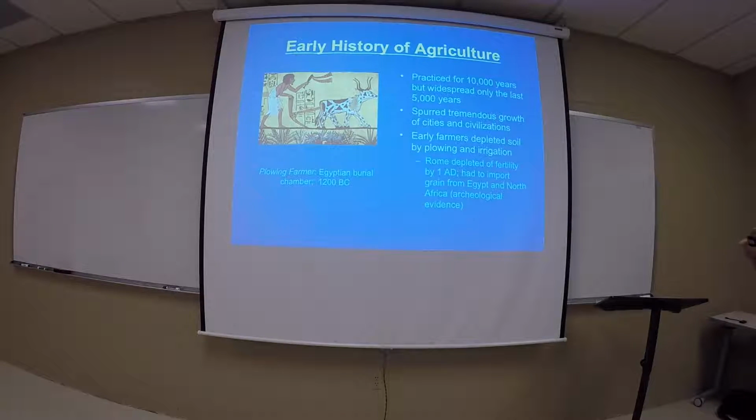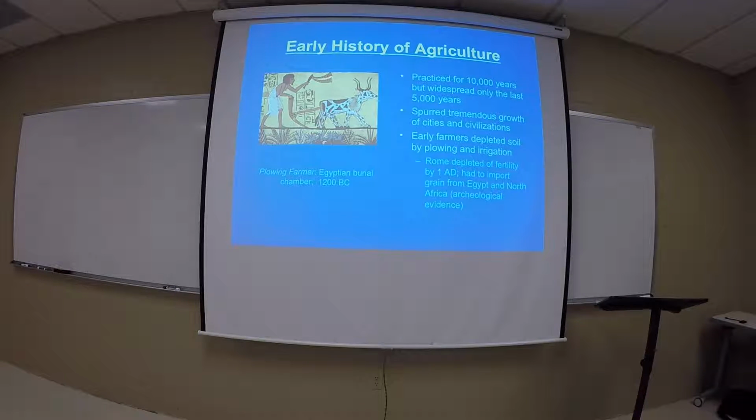So the early history of agriculture, and we know kind of what happened through archaeological evidence that they've been able to dig up, but it's generally thought that agriculture has been practiced for about 10,000 years, but it's been widespread throughout the world really for only the last 5,000 years. And it is known that agriculture has really spurred the tremendous growth of cities and civilizations,